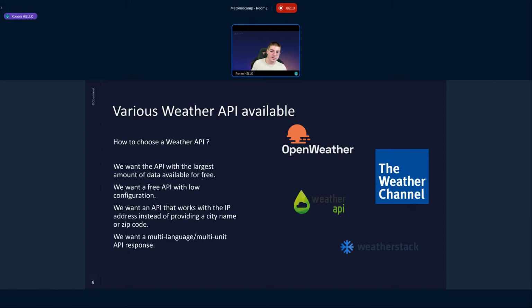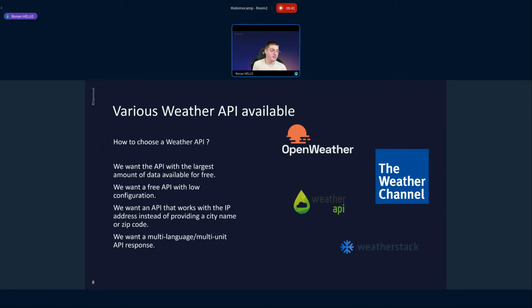Okay, here there are 4 APIs, and everybody told me to start with OpenWeather, which is a very good one. But I started coding that plugin with WeatherAPI, the green one, as you can see here, because it has low limitations, so you can perform many requests before it starts to be premium.